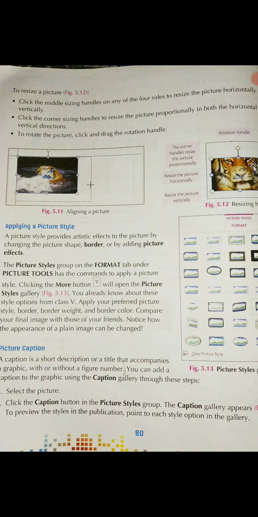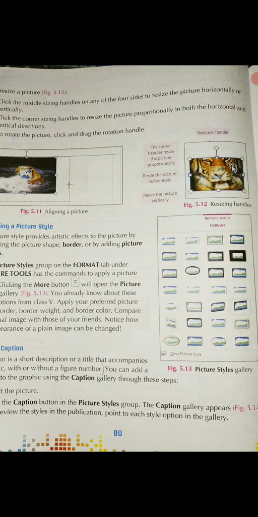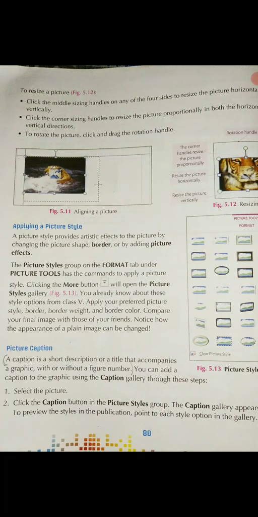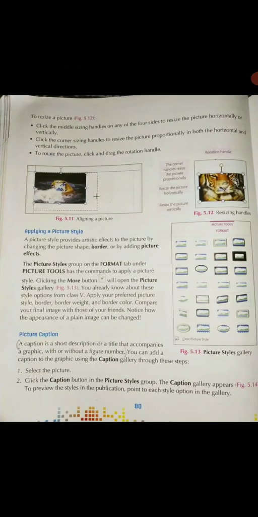Then step 2. Click the corner sizing handles to resize the picture proportionally in both the horizontal and vertical directions. Then next step 3. To rotate the picture, click and drag the rotation handle. This much is clear? So these 2 answers I have explained to you before, is it not?